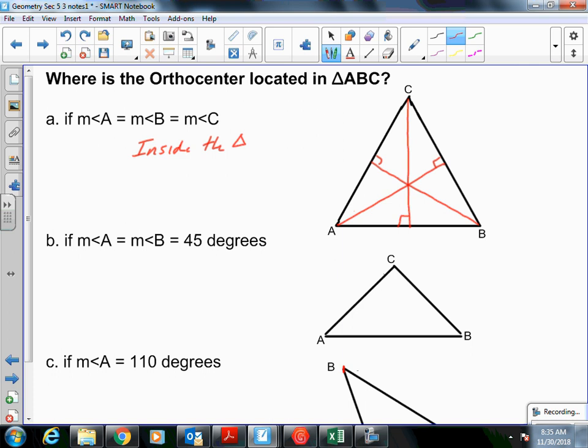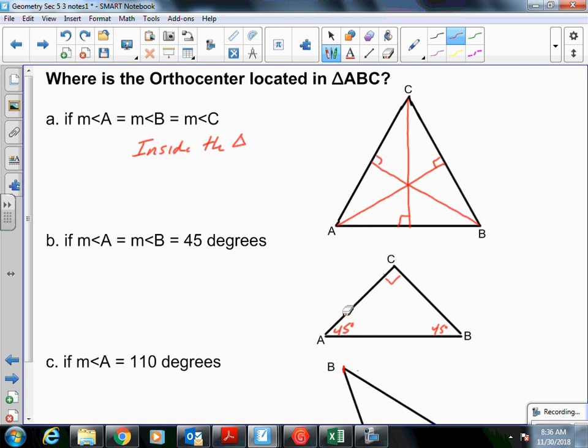All right, so then the next one says B, if the measure of angle A equals the measure of angle B equals 45 degrees. So if A and B are 45-degree angles, then what's the measure of angle C? It's going to be a 90-degree angle, right? Because 45 plus 45 is 90. Subtract that from 180, that leaves you 90 for the third angle. So if that is a right angle,